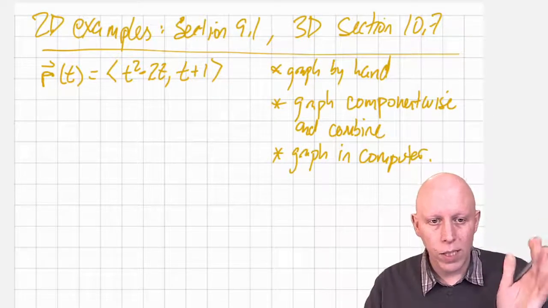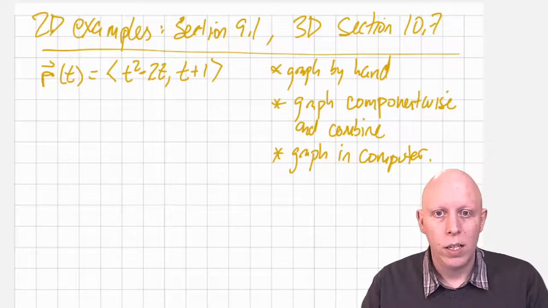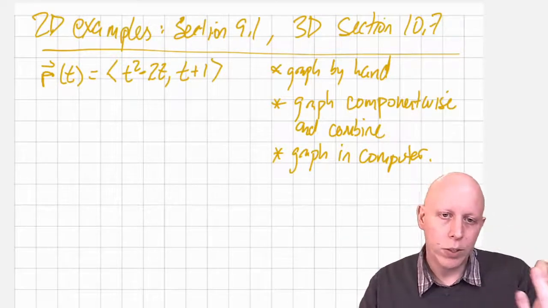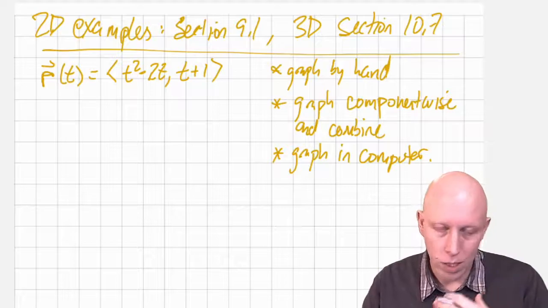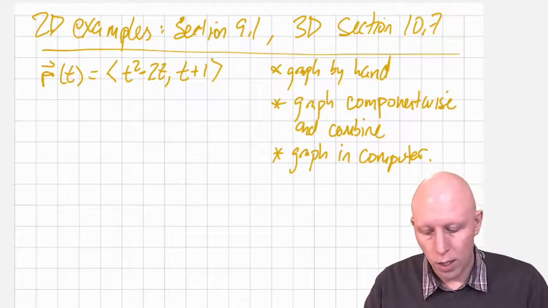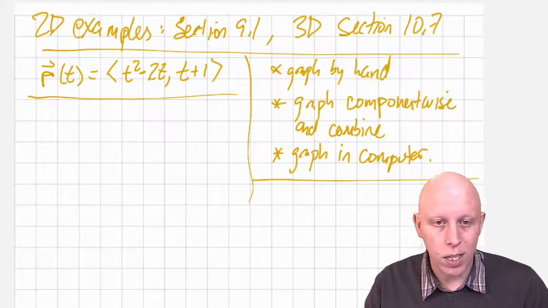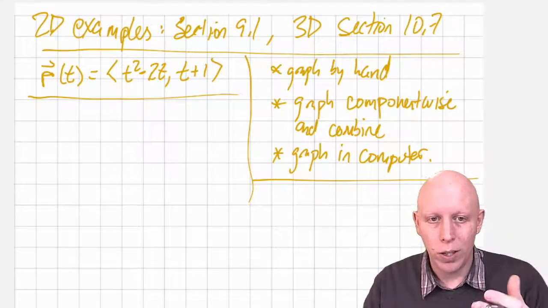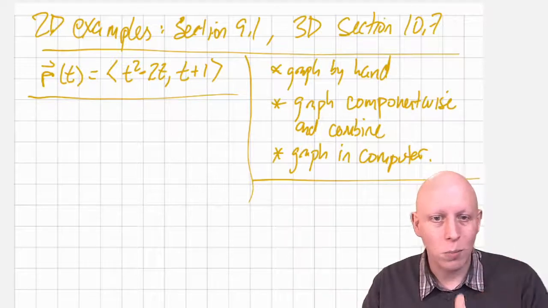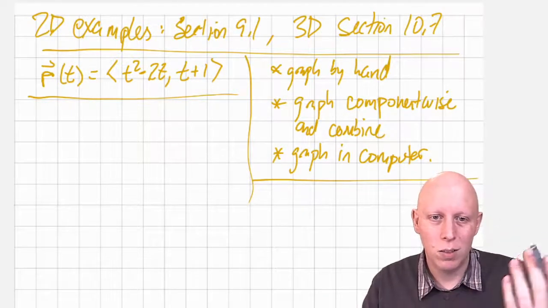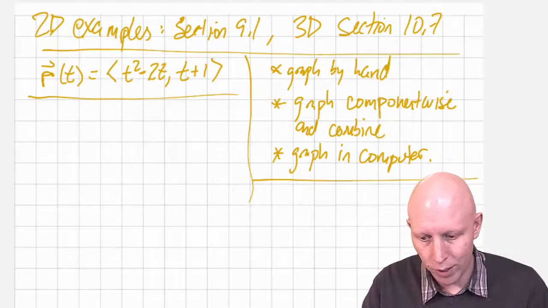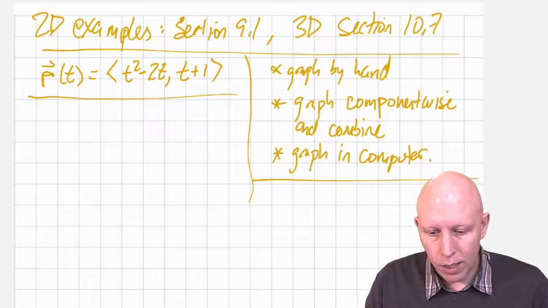All right, all of these have pros and cons. And they each give you a different feel for how these functions work. So that's why we're going to do all of them, at least for this example. As we keep going, we'll do more and more in the computer because that's why we have a tool. All right, so